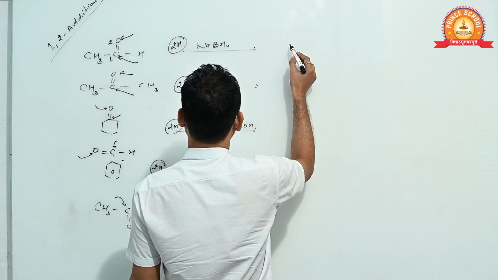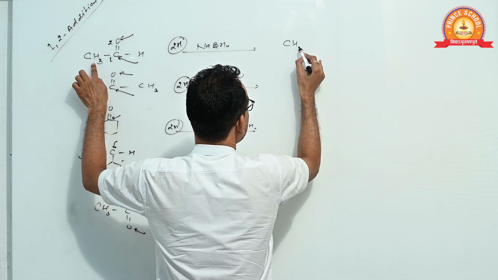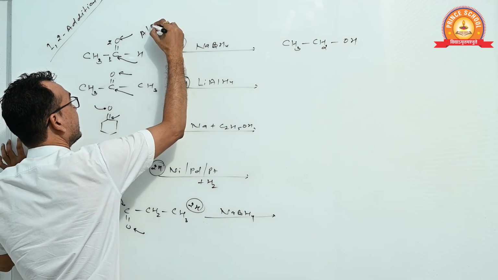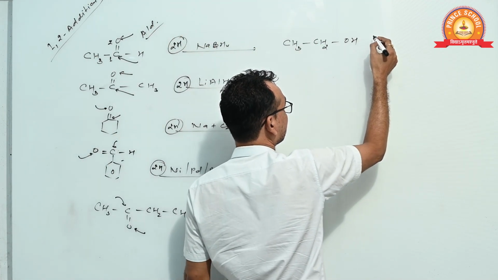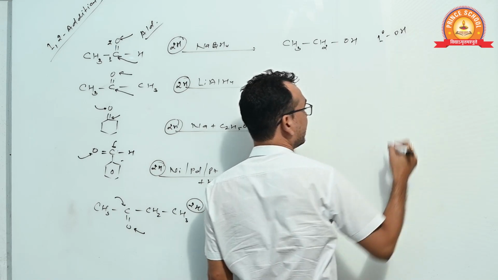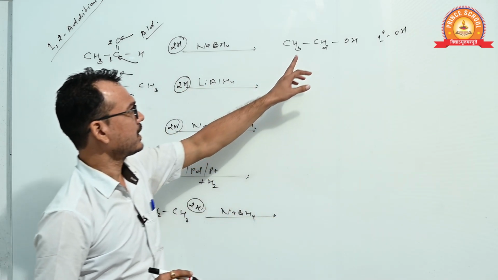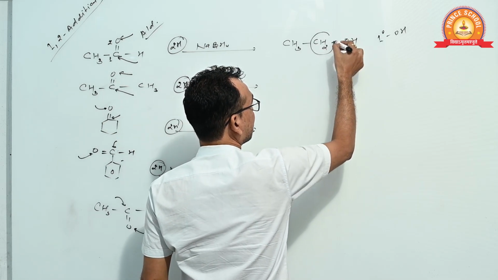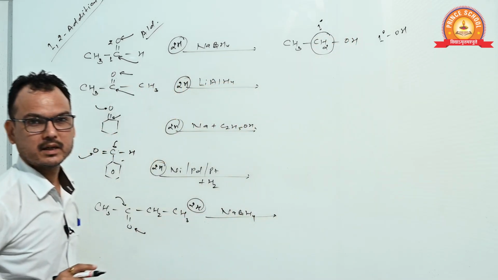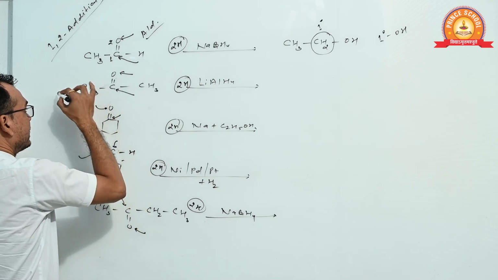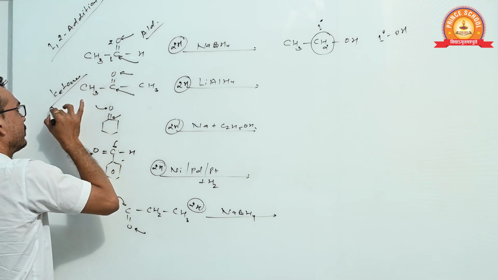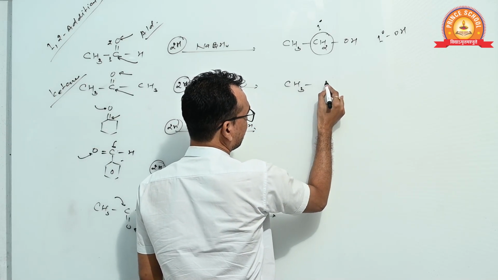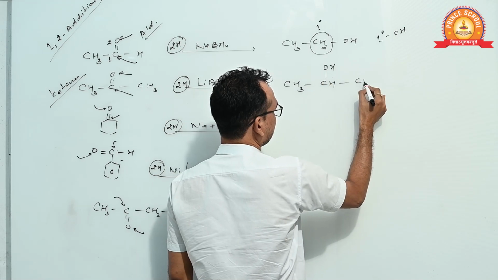alcohol. In the first case, it gives CH3CH2OH, and we know that it is an aldehyde, and by the reduction of an aldehyde we get only a 1 degree alcohol. Clear? This alcohol is attached to a carbon atom which is 1 degree because it is attached to only one methyl group. And this is a ketone, and by the reduction of a ketone we get a 2 degree alcohol, so it converts into CH3 CHOH CH3.